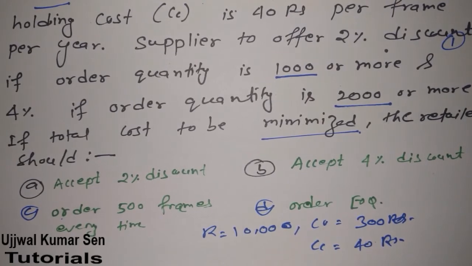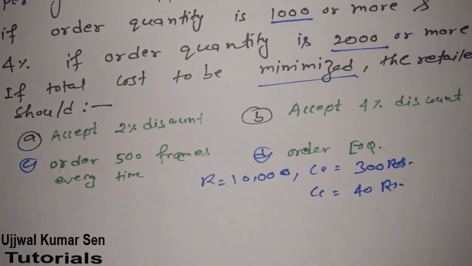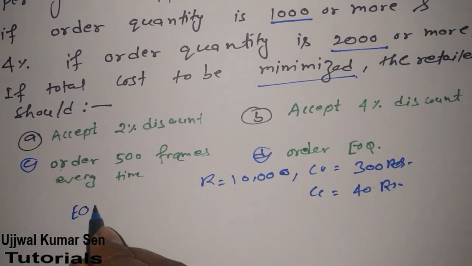So first of all, what we have to find out in this question is the economic order quantity. That is one of the key factors in this question. So what is economic order quantity? Basically, EOQ we have to find out. Now most important thing, is there any need of finding out EOQ here? If you want to know, let me tell you, no, we don't need to find out EOQ. We have to find out total cost at EOQ.